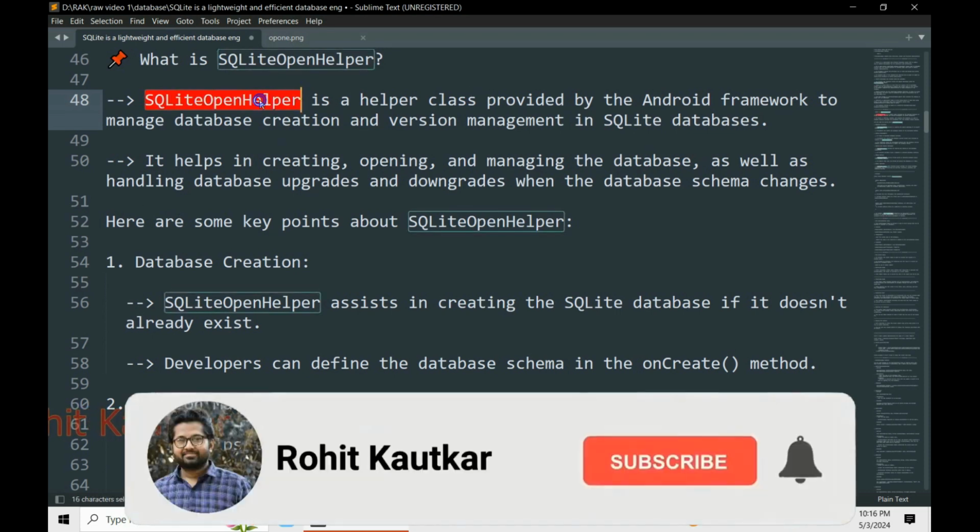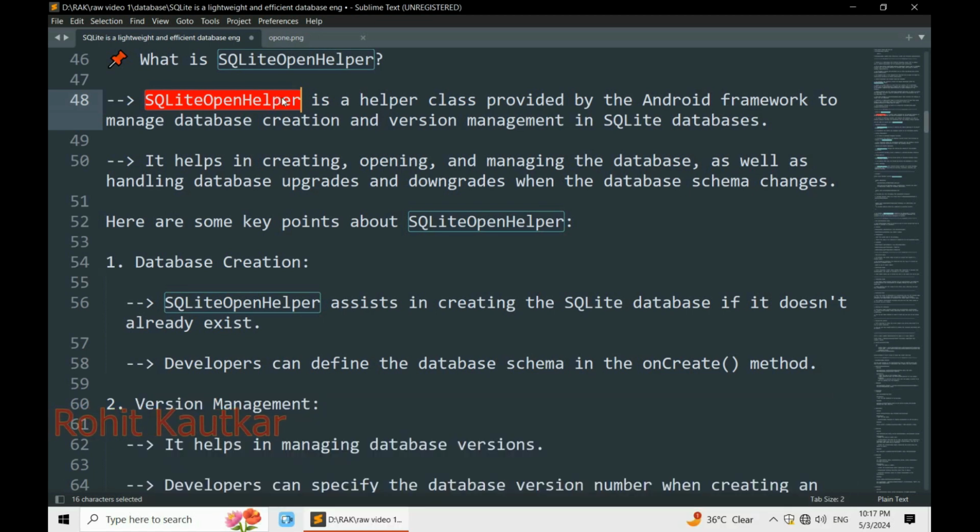SQLiteOpenHelper is a helper class which is provided by the Android framework. And for what purpose is this class useful? The first purpose of this class is to help the developer manage the database creation, and the second purpose is to help the developer manage the versions of the SQLite database. So these are the two main reasons for which we are going to use